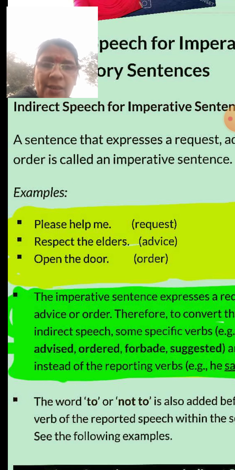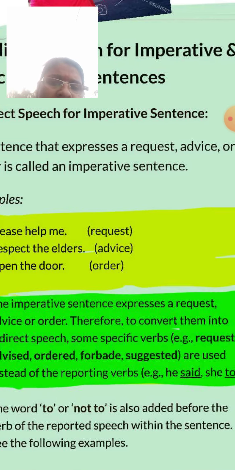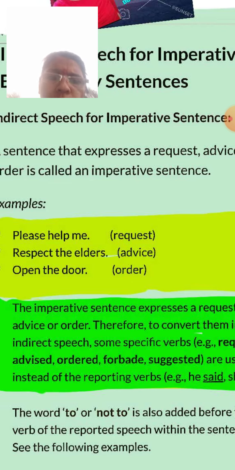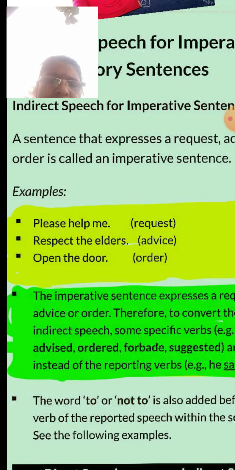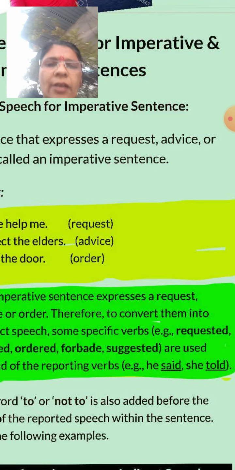Respect the elders, advice. Open the door, order. The imperative sentence expresses a request, advice, or order. Therefore, to convert them into indirect speech, some specific verbs, for example requested, advised, ordered, forbade, suggested, are used